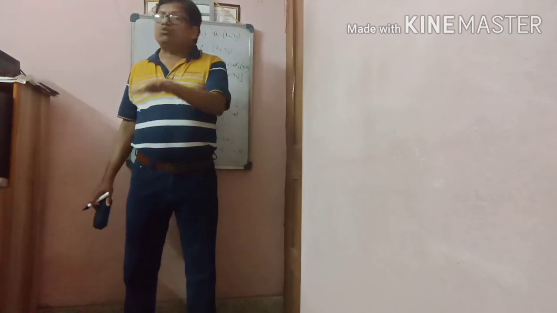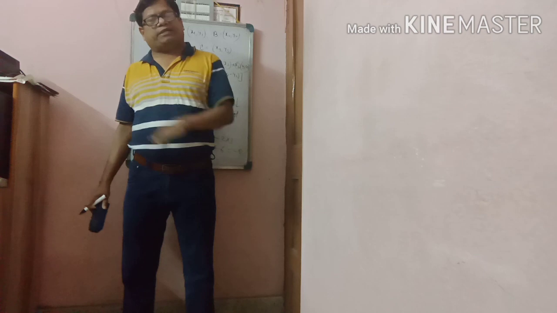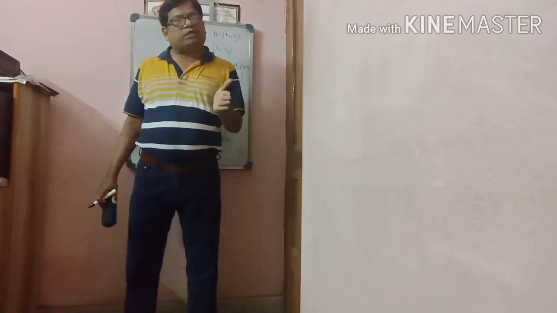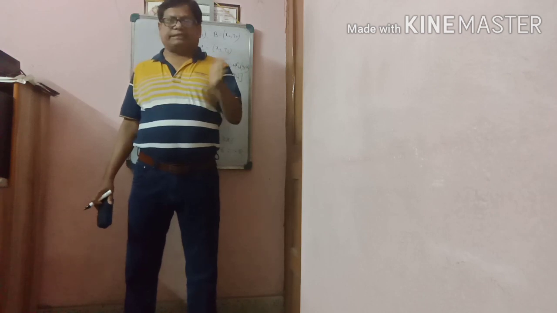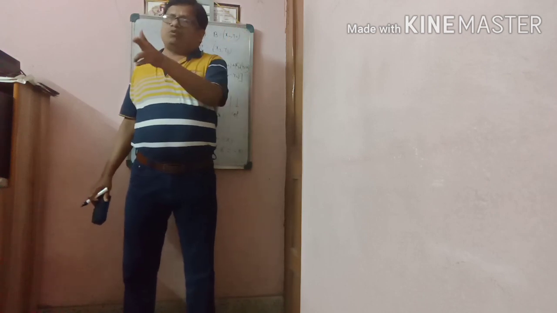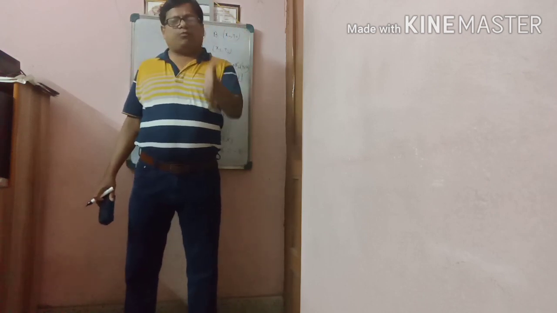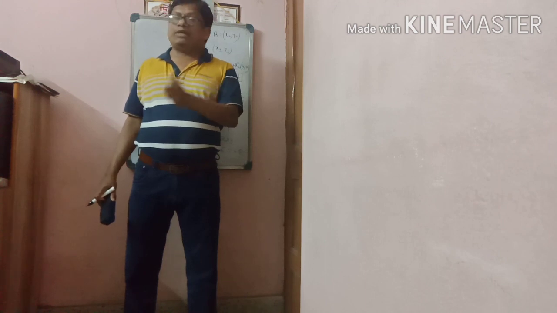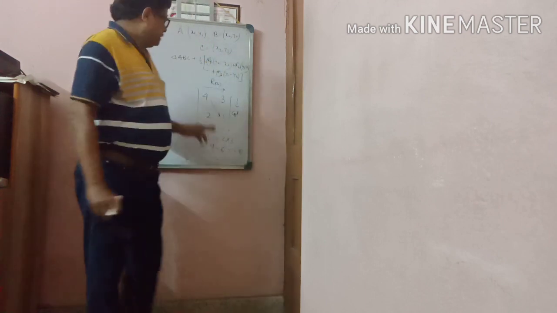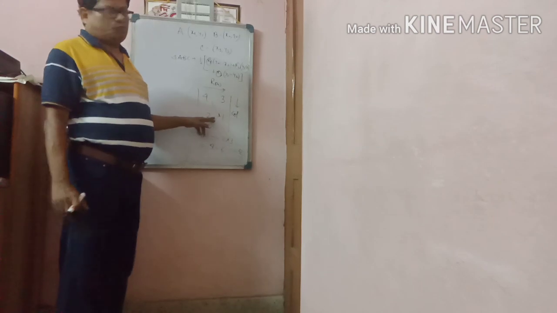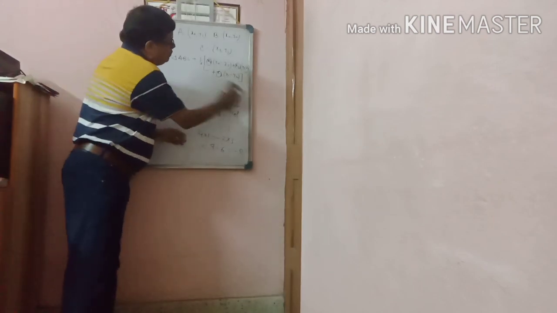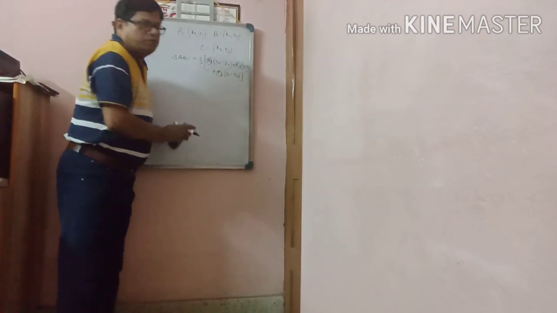Number of rows and number of columns are equal, 2 rows or 2 columns. Okay, so it will be second order. Similarly, third order, fourth order are like that. Number of rows and number of columns are equal. Now this is second order. Similarly here, third order you can write.